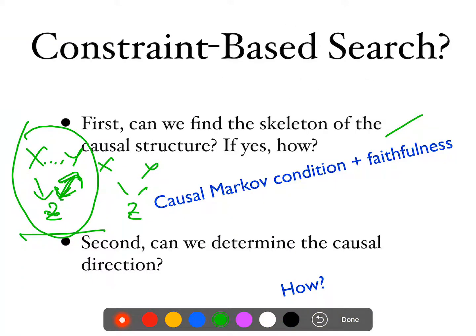Do I have another example? Let me give you another example. Here, W is the common cause of x and y, and x and y are causes of z. You can see x and y are independent given W. X and y will be dependent, conditioned on any set of variables that contains z, because z is a collider, a common effect. And that's it. So here, if I have the skeleton, then I know the direction between x and z and between y and z. Why? Because if the direction goes this way,